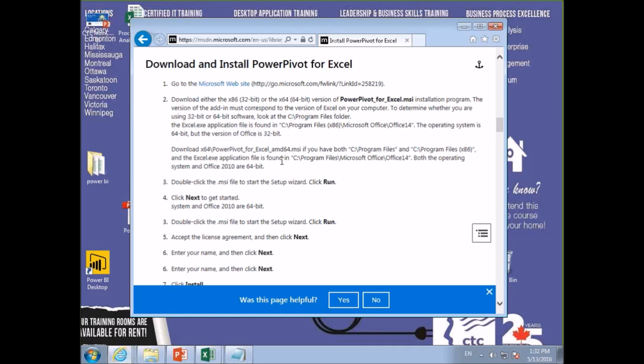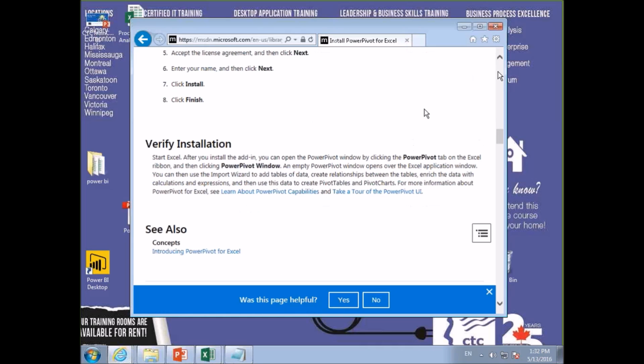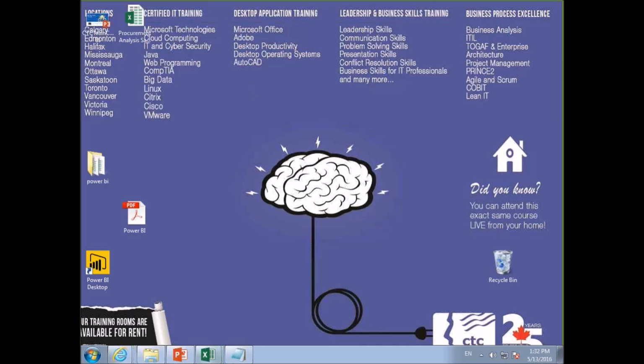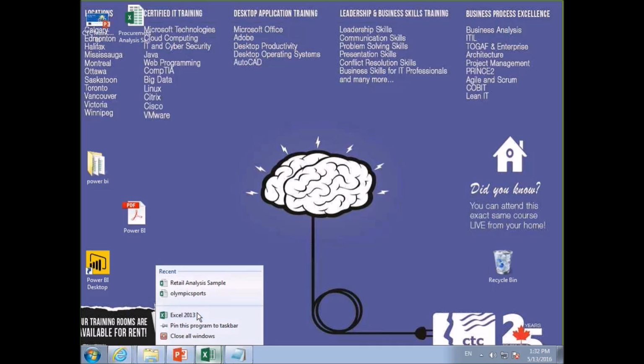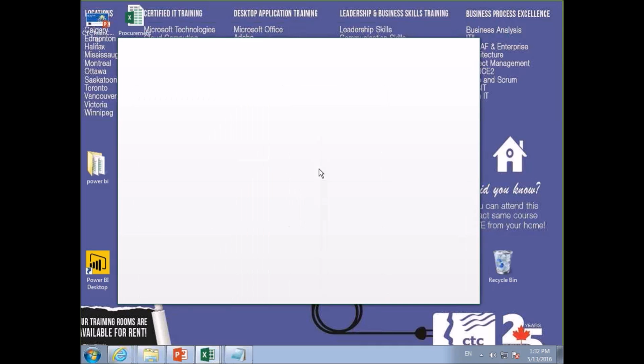So you will actually download it, and once you have downloaded it, you'll hit run, and this will actually run itself into your Excel. You'll accept the license agreement, hit next, your name, install, finish. Now that's done. That's the easy part. It's just what you need to have done. Once this is done, all right, then once you are in Excel, for example,